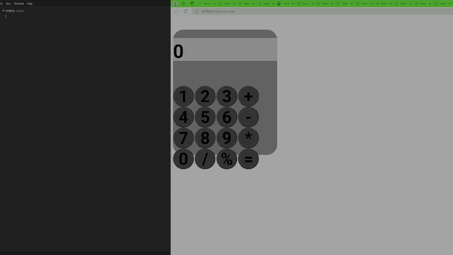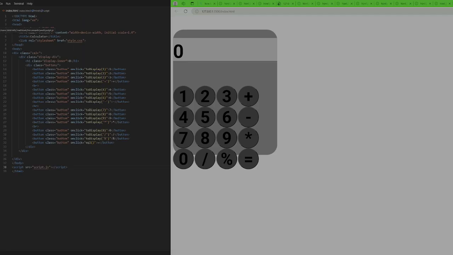Now script.js. We're gonna say let display equal document dot query selector, however you say it, and